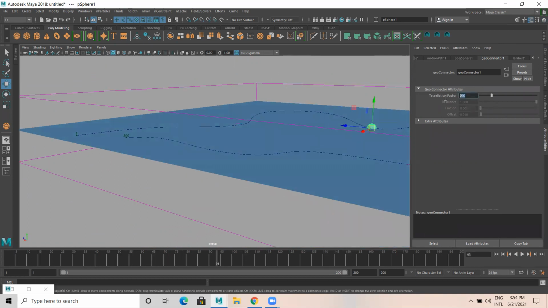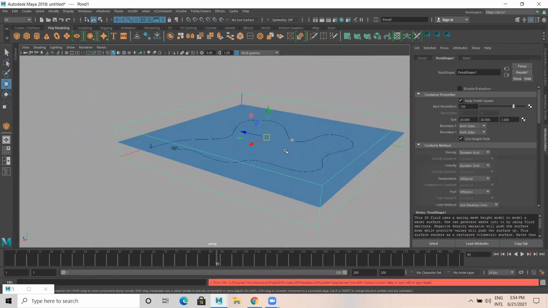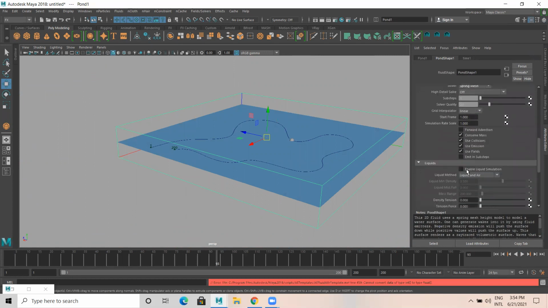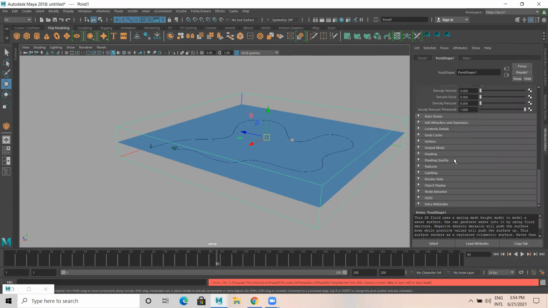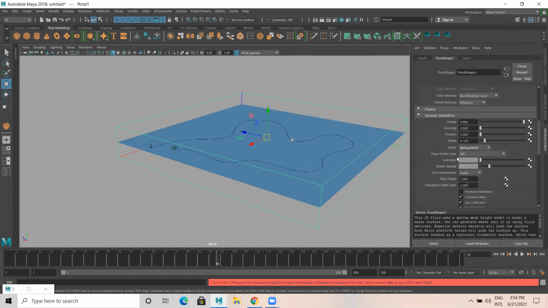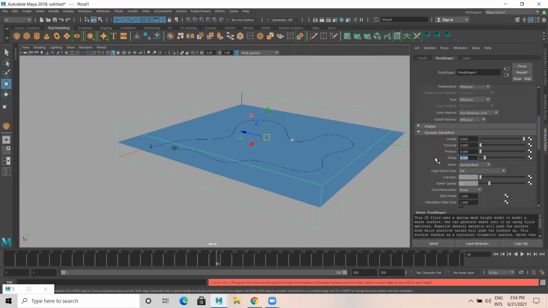There's no difference. Select this. Dynamic simulation.